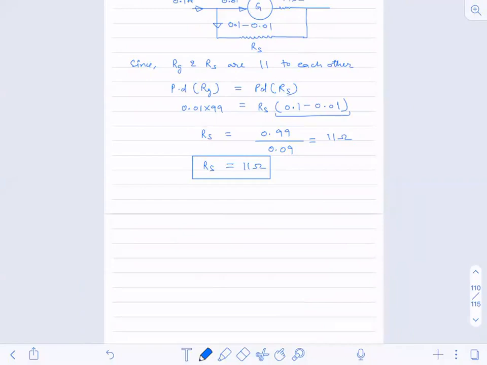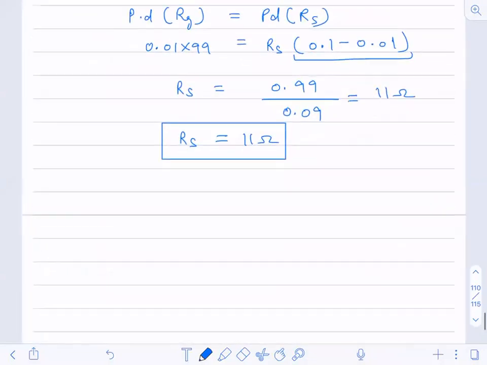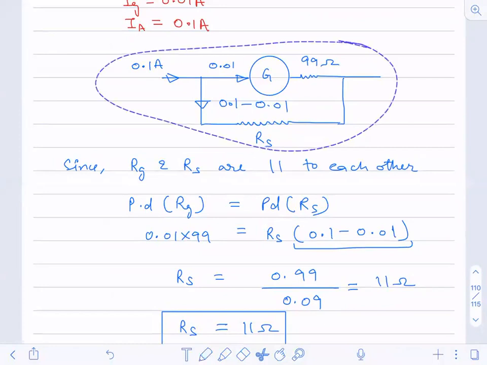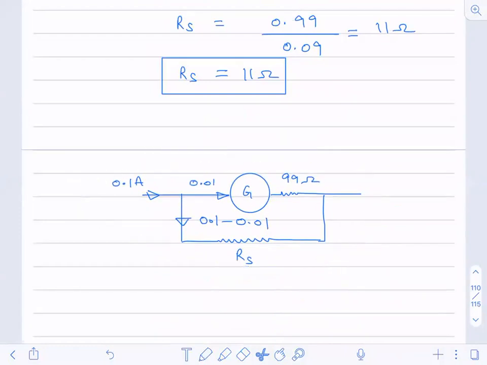Potential difference. PD is potential difference. So many times I have written it by now. Suppose, instead of passing 0.1, I'm taking this value here. So this value you have calculated as 11. I'm keeping it as 11 only, because you have fixed it.